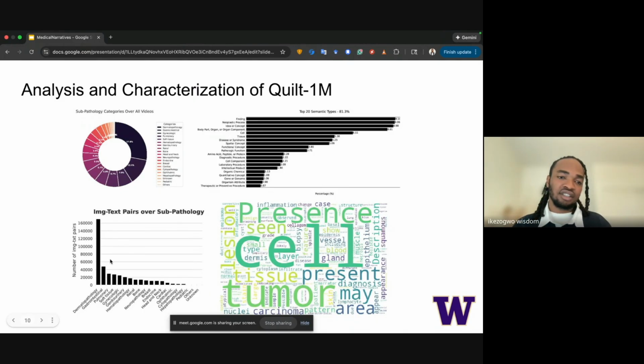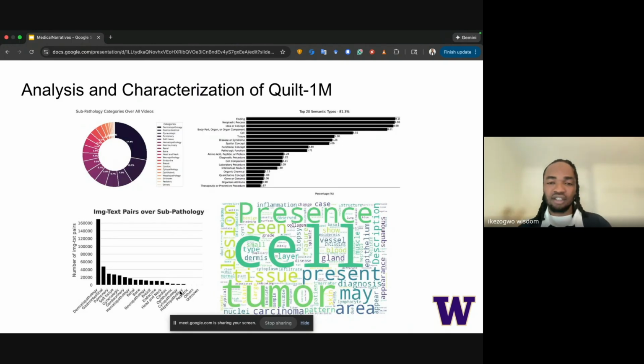This distribution you can see further in the number of image-text pairs that we collect. And you can see that other types of histopathology subdomains like cytopathology or hepatopathology have very low counts within the data.